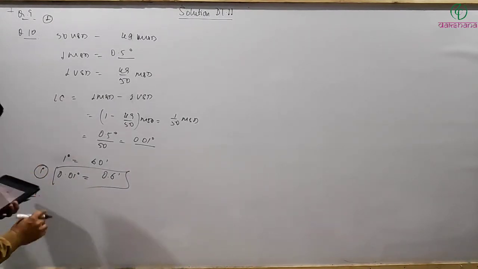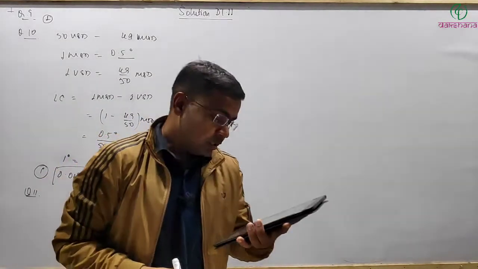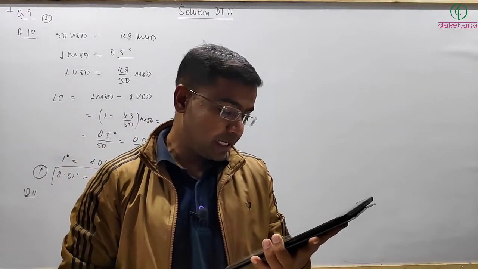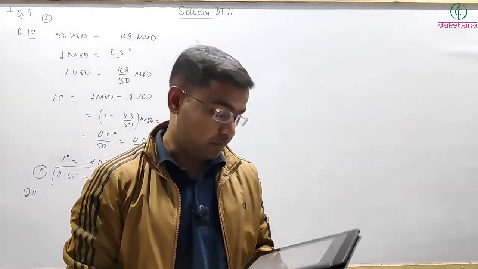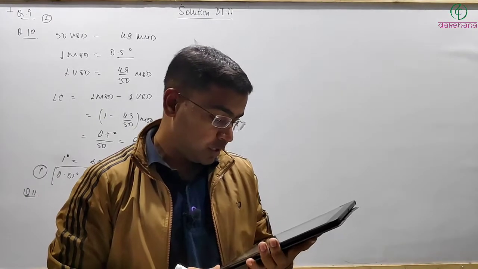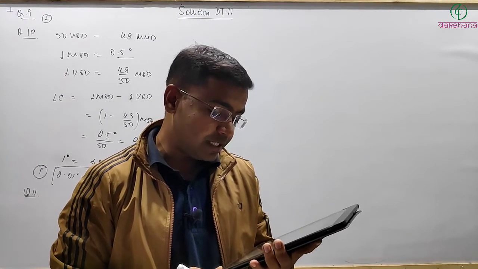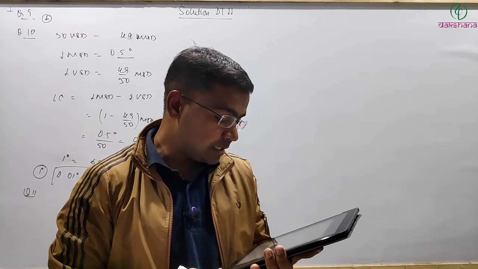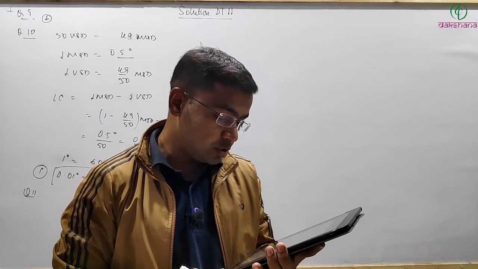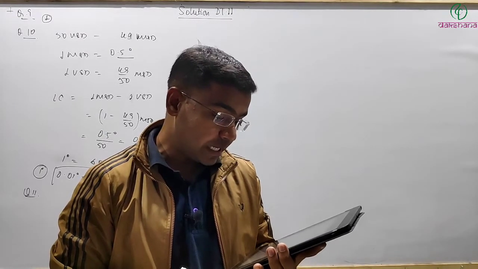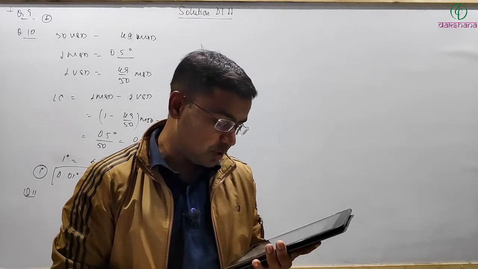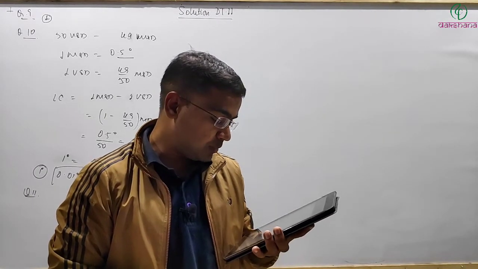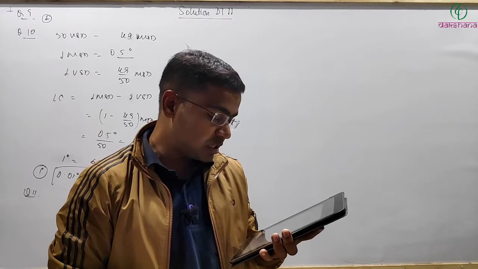Question number 11. The main scale of vernier caliper reads 10 mm in 10 division. So means one main scale division is equal to 1 mm. 10 division of vernier scale coincide with 9th division of the main scale. When cylinder is tightly placed between the two jaws, the zeros of the vernier scale lies slightly behind, means it's slightly less than 3.2 centimeter, and the fourth vernier division coincide with the main scale division, the diameter of the